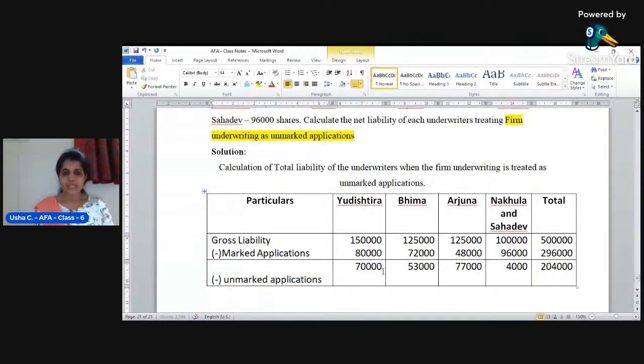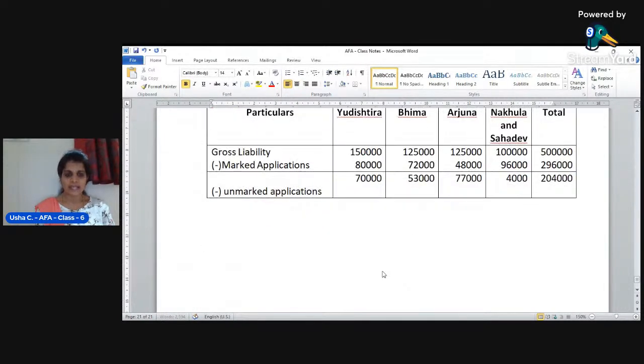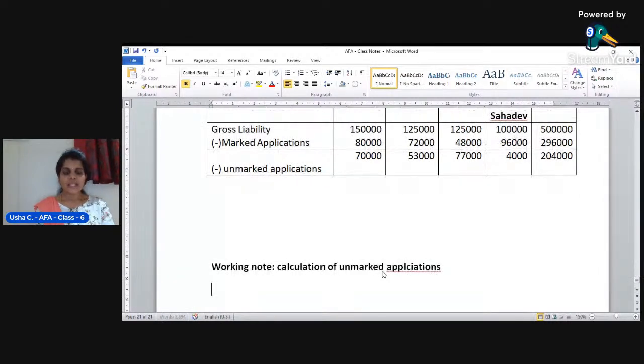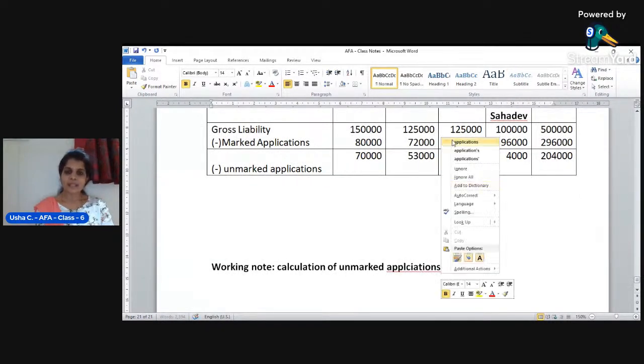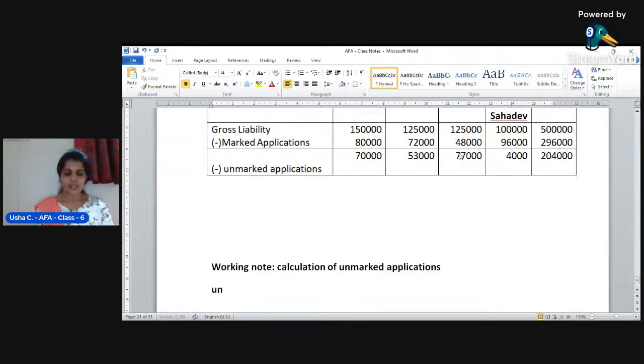What is the amount of unmarked applications is the question. So we'll leave some space for calculation and we'll put one working note, that is calculation of unmarked applications. What is the formula of unmarked applications? Unmarked applications is equal to total applications received, or you can also say total subscriptions, minus marked applications